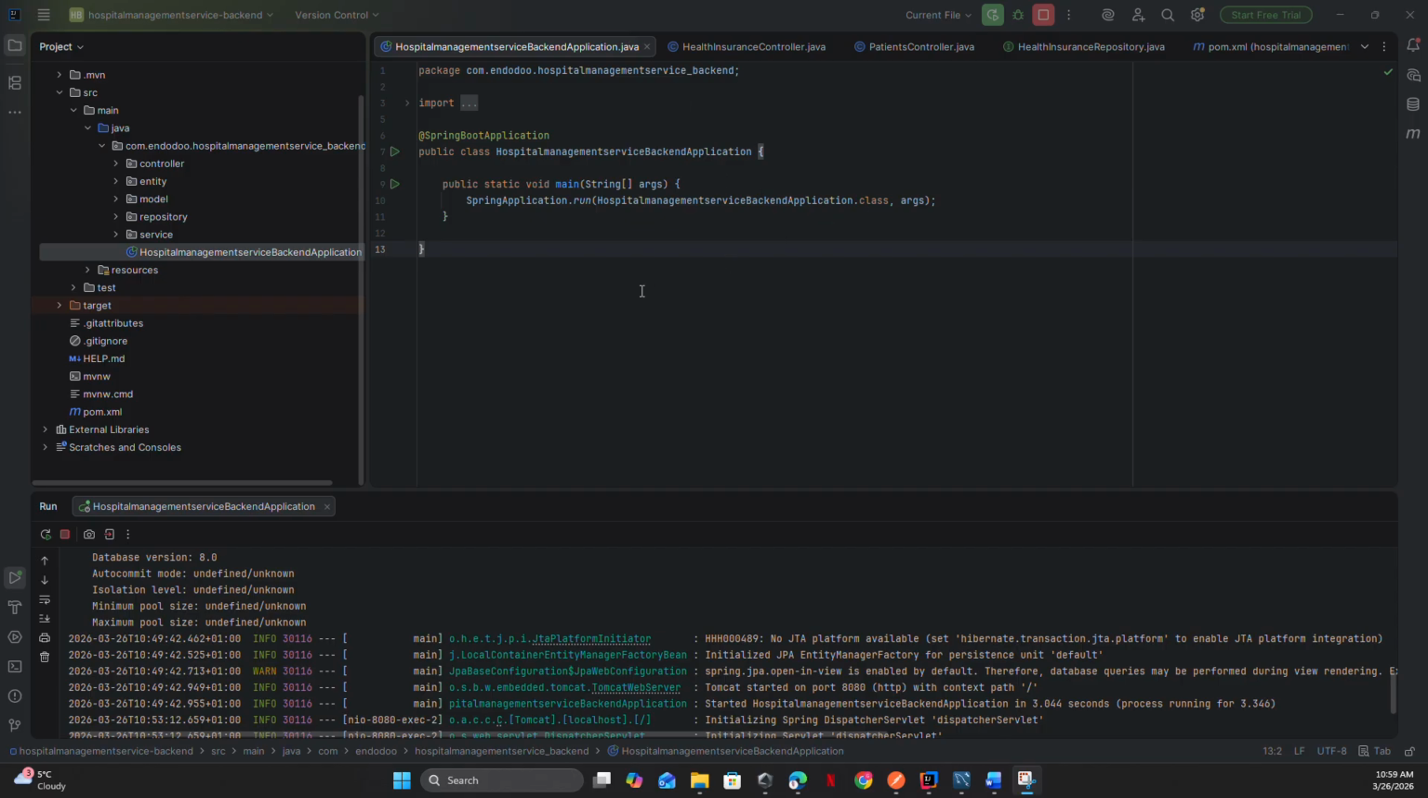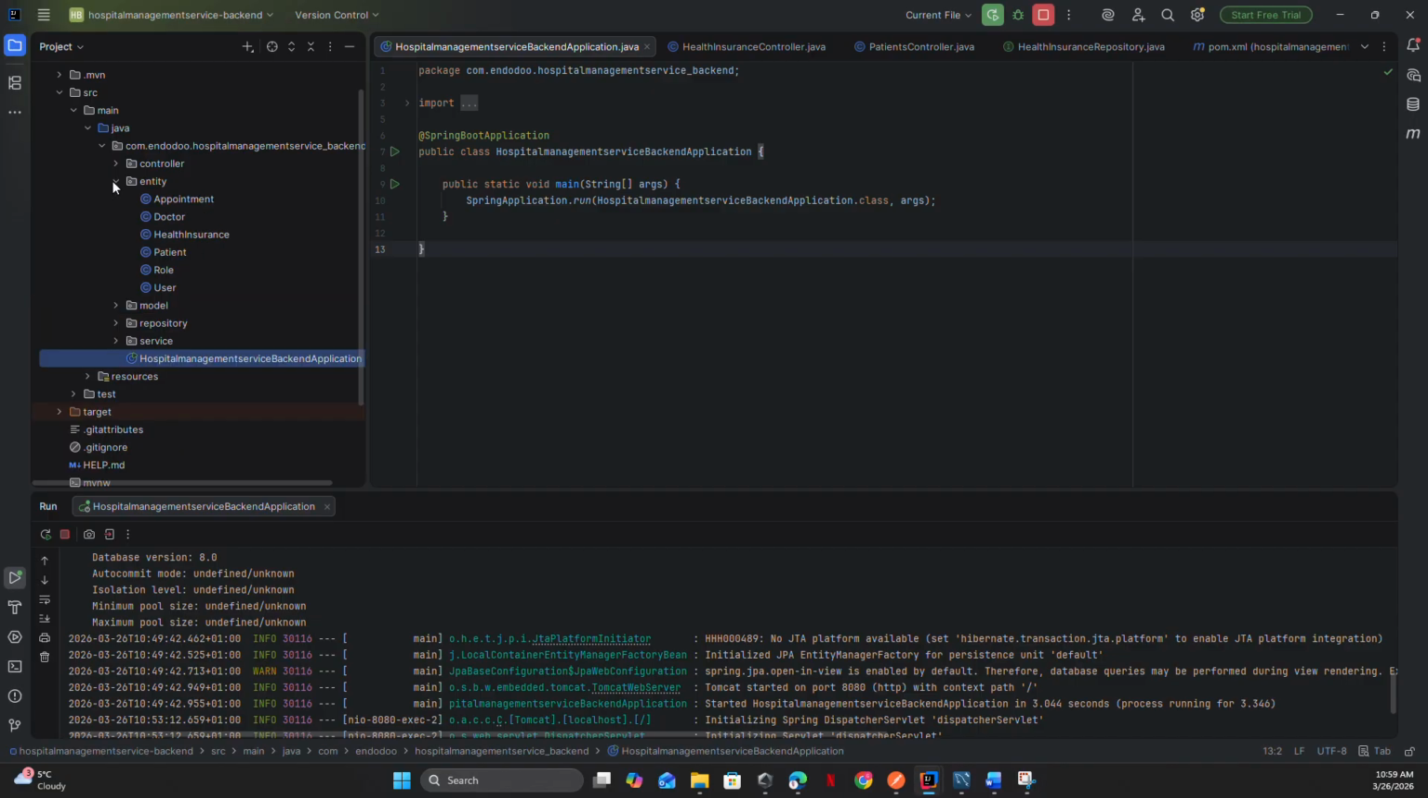Before I say that, the environment I used was IntelliJ from JetBrains. First of all, I opened the system and created the various Java codes that will enable the application to work successfully. I started by creating the various entities: the appointments, the doctors, patients, their roles, users, and other things that will enable the web app